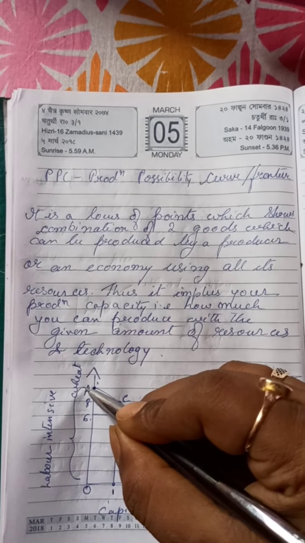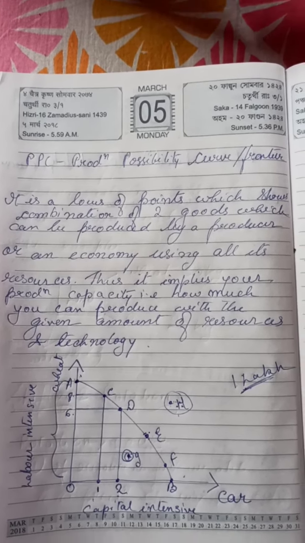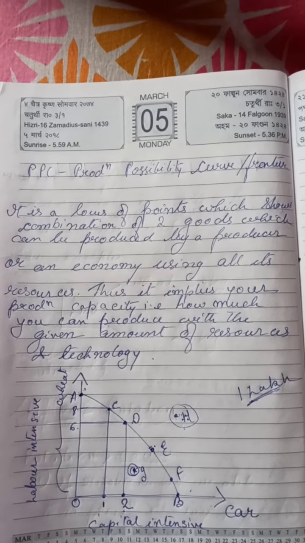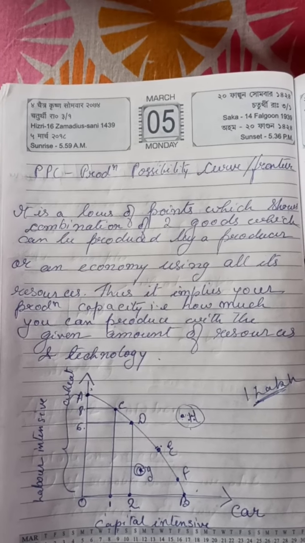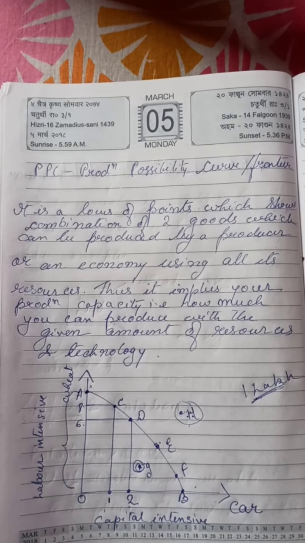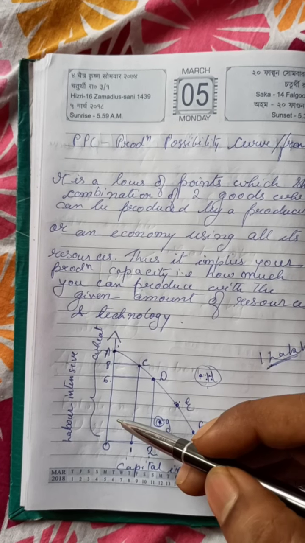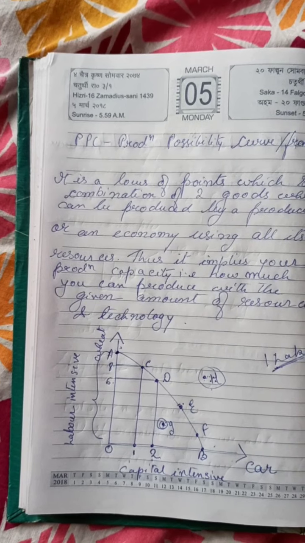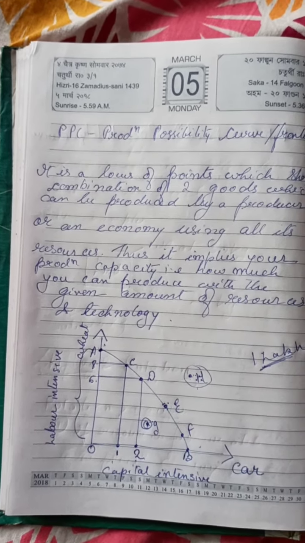is the maximum amount of wheat that can be produced if you use all your resources in the production of wheat only. You are sacrificing the production of car here. Okay, you are not producing any amount of car. So OA is the maximum amount of wheat that can be produced using all your resources. Okay, if you employ all your resources in the production of wheat, OA is the maximum amount of wheat that